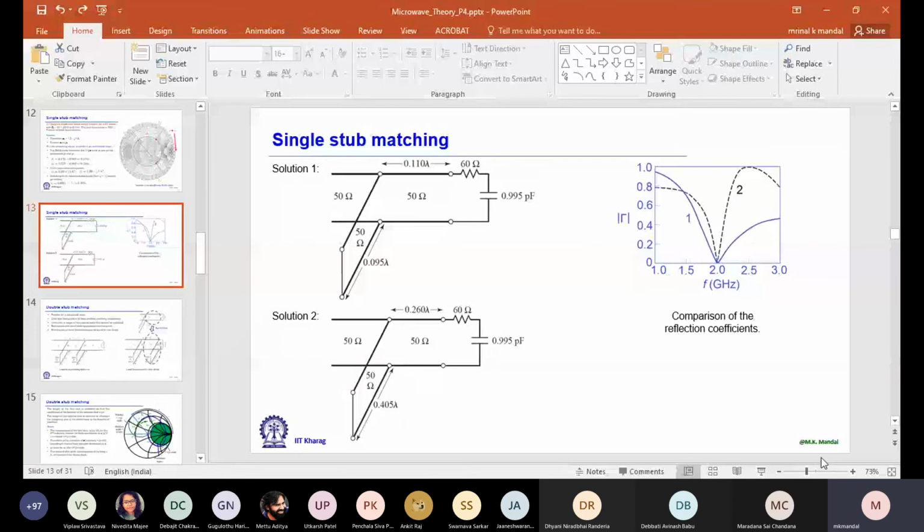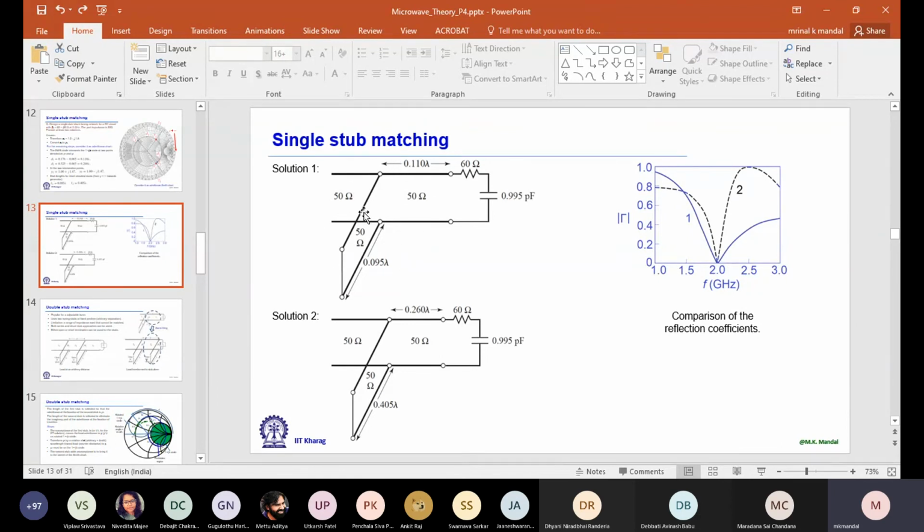But single step matching has a problem. What problem? Once implemented, we can't change the matching section. Now let's say a situation where ZL can change. ZL is a function of, let's say, time; it can change. Then for a single stub, we can't tune that type of network, because of course we have to keep something